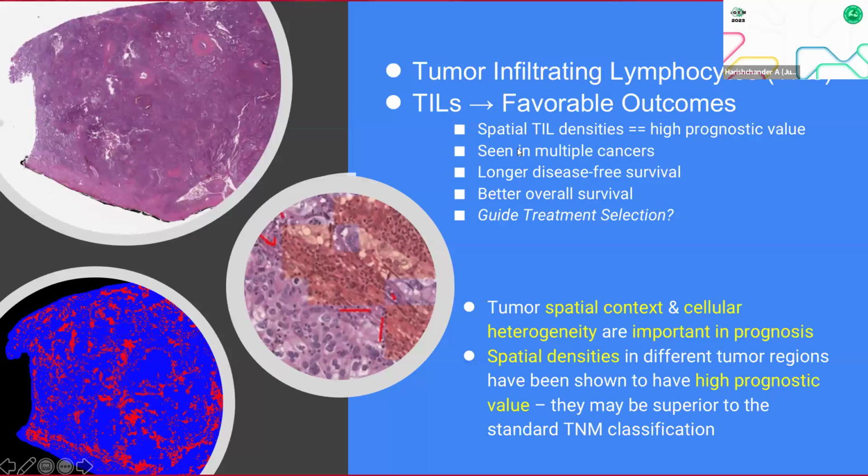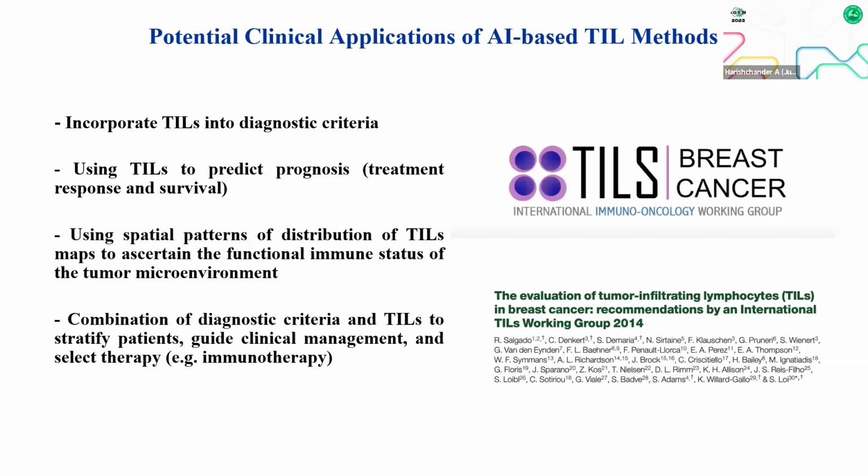And then we have a standard for the classification. So it's not a single work, it's the complete work of a consortium. They have done immense work on breast cancer. For other cancers also, the work is ongoing. And many countries and many scientists like me were collaborators in developing potential clinical applications based on AI based methods to get the complete meaning of the tumor infiltrating lymphocytes. And we do predict the prognosis.